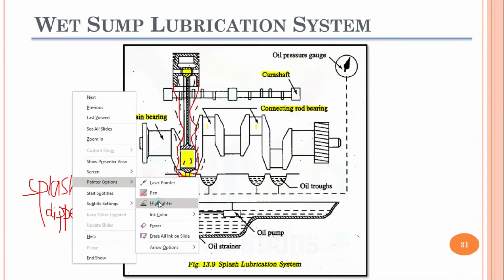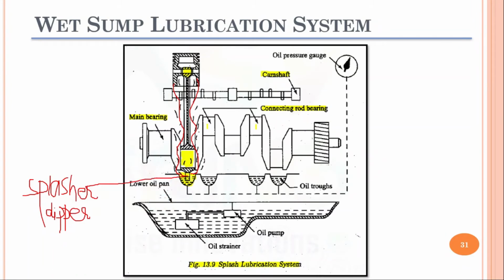So as you can see, the lubrication is dependent on the level of the oil maintained in the oil trough, and on how effective the splashing is. Therefore these types of systems are generally limited to very small and stationary IC engines, and they are not usually incorporated in modern IC engines, modern cars, we can say.